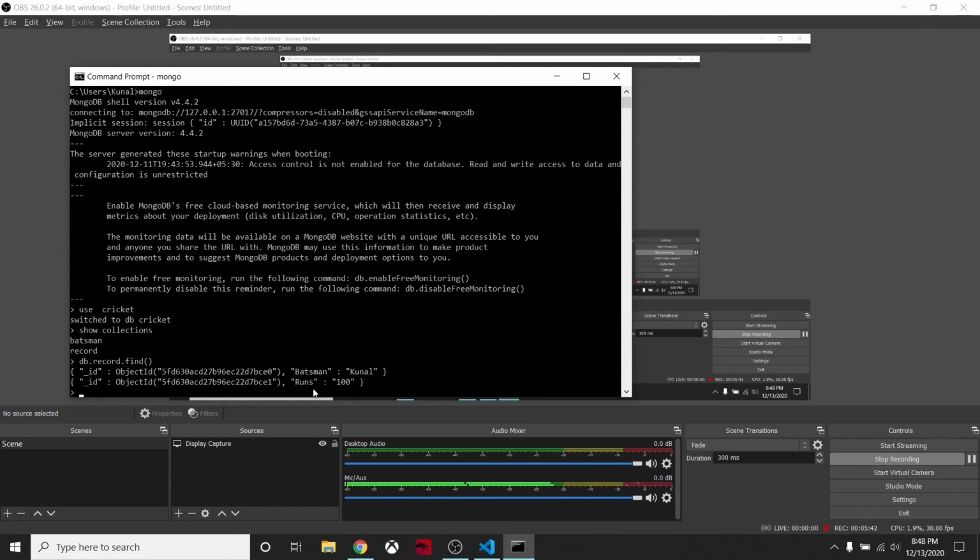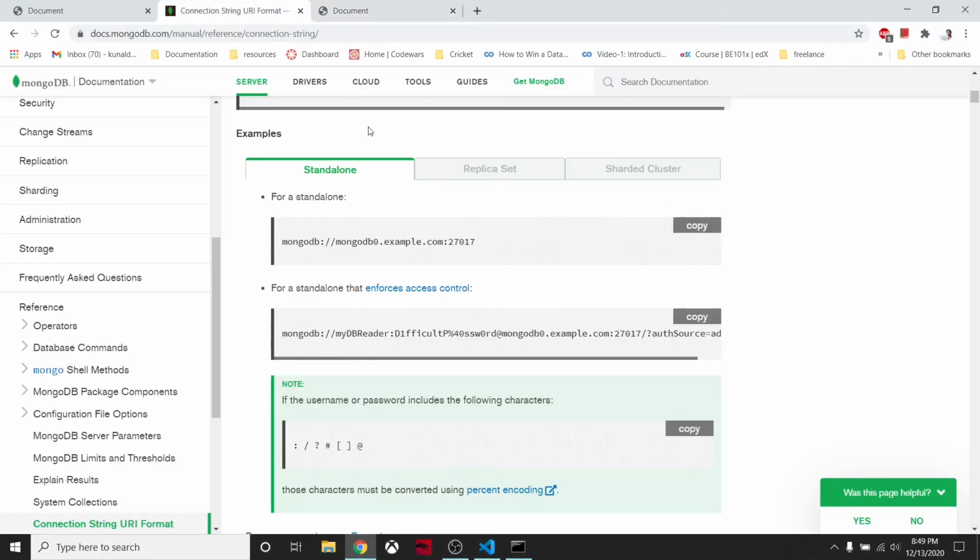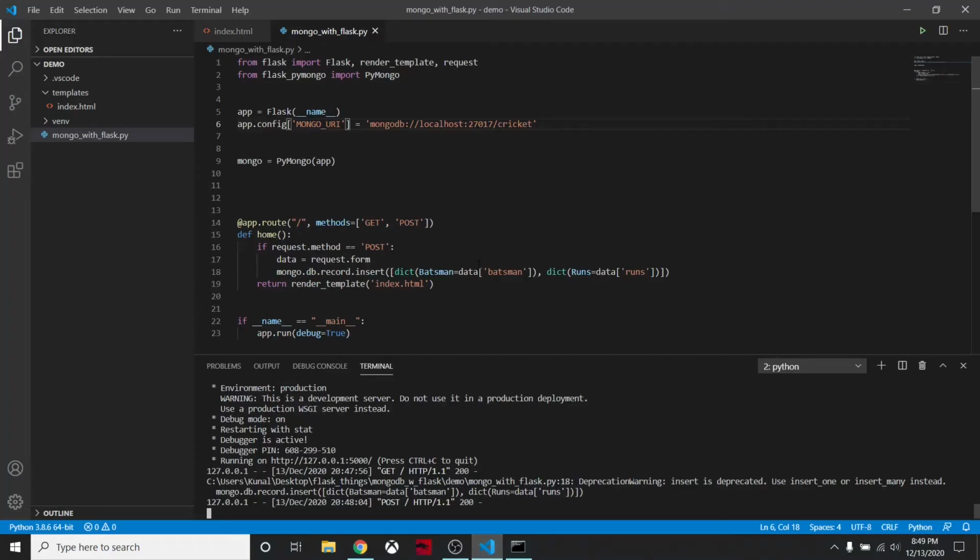Okay, so I made a mistake. Okay, I got it. I passed a list, so that's why it created separate entries. It entered it like multiple entries, but we don't want that.